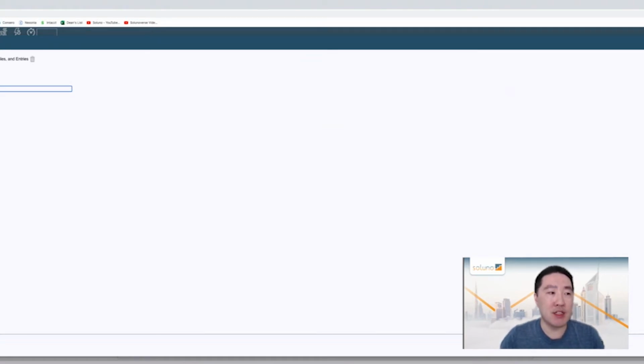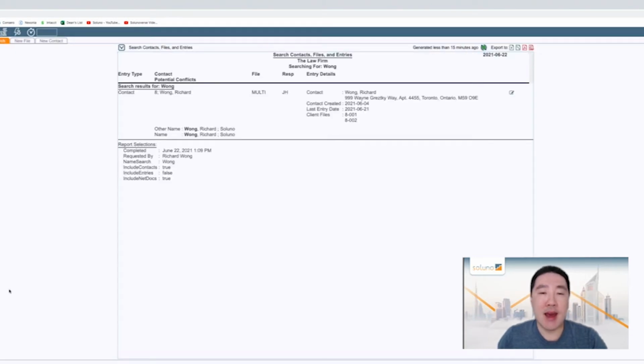It also allows me to include contacts and files, and also entries in the system as well. So actually, let's use a different example. Let's say I wanted to look for my last name, Wong. I type in Wong as the search parameters. I can hit this play button, and the system will then search through the system to look for any terms